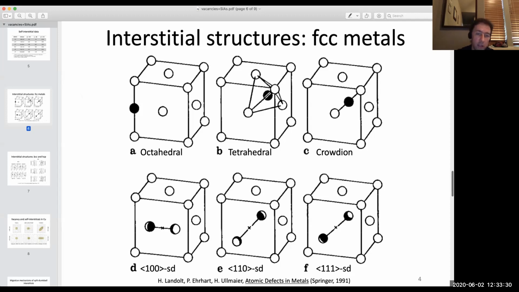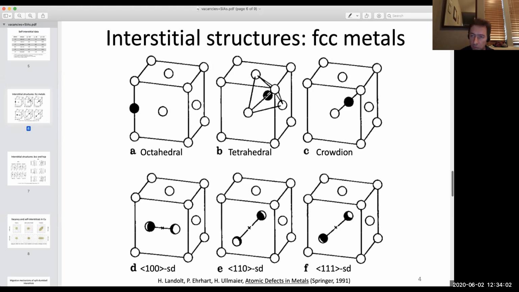If I were to put an interstitial, which is labeled here as the black atom, into this location in a face-centered cubic crystal structure, this is called an octahedral interstice. An extra atom that I put into this octahedral point is called an octahedral interstitial. On the other hand, if I were to put an extra atom into this point, that's called the tetrahedral site. That would be called the tetrahedral interstitial.